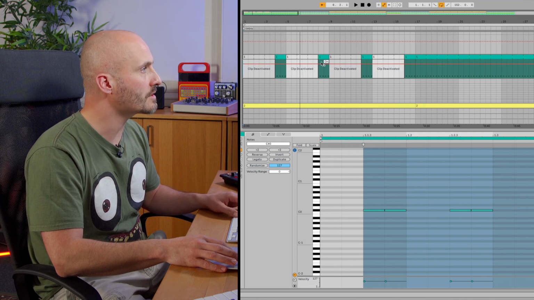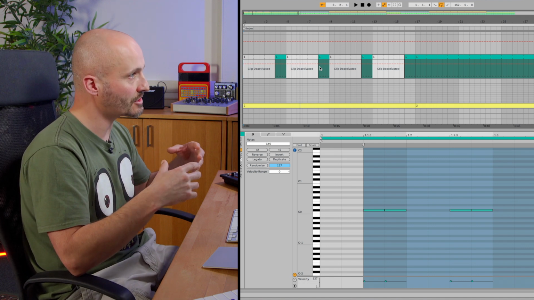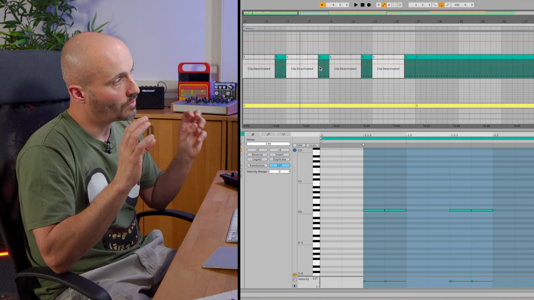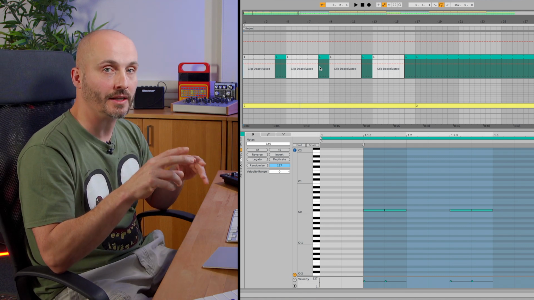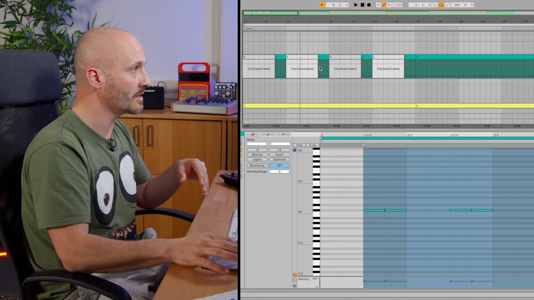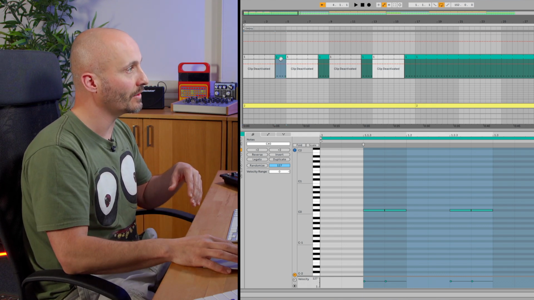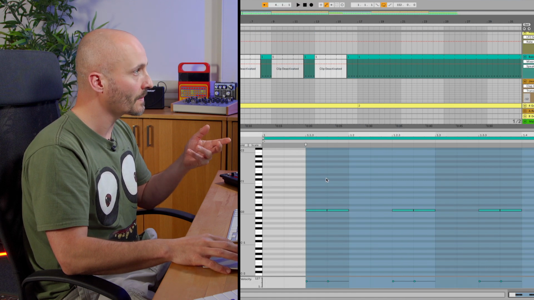So that works. If we're thinking of build, increase in energy, crescendo up to a certain point, one thing we could think of is taking this concept of arrangement thinning and thinking of it more as data thinning, and going another sub-level behind the scenes. So if I go into the clip itself, now each one of these is unique to the other. They're not shared in terms of the data. So when this one plays,